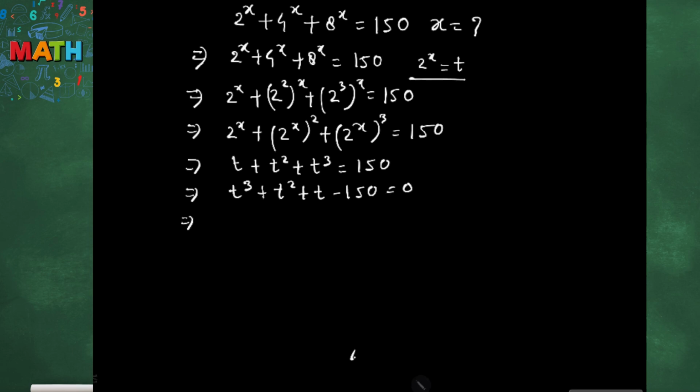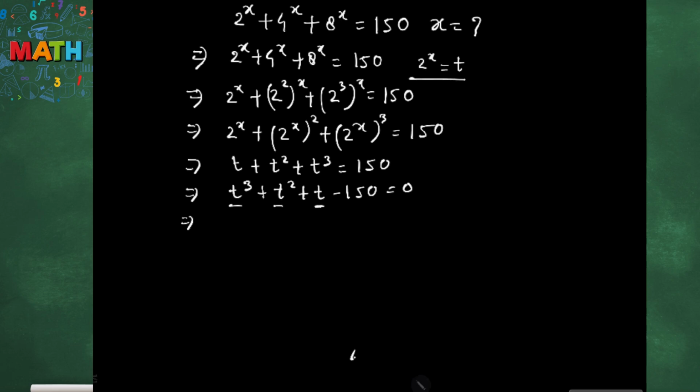Now since this is a cubic equation, we have to write 150 in such a way that it should be a cube of a certain number, a square of a certain number, and